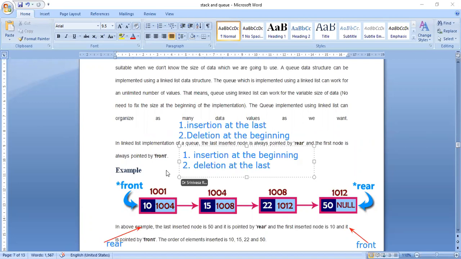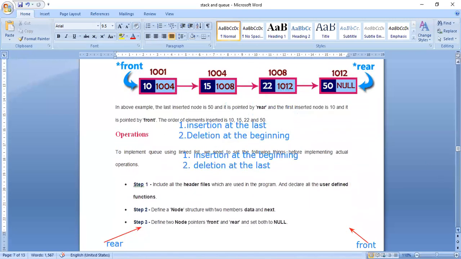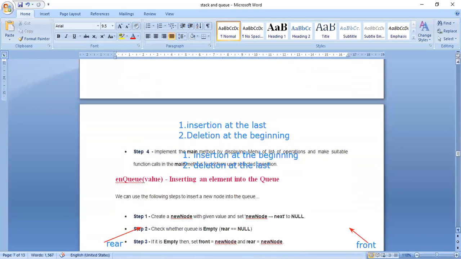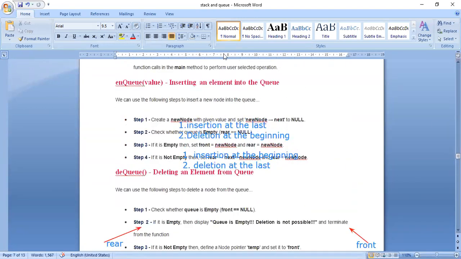So two options, but in general we will go for the first option, that is insertion at the last of the linked list. If I want to insert an element, it will be inserted at the last of the linked list. If I want to delete any node, it will be deleted at the beginning of the linked list. So you can see, these are nothing but the algorithms which represent the same thing.